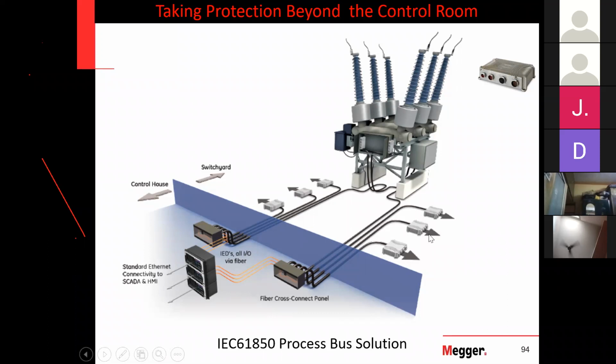This merging unit converts analog to digital form. And what you see here is not copper cable. This is hard fiber, military standard armored fiber optic cable. That's why it is called a hard fiber system. So from every bay, we have multiple merging units connecting all the information to these cross connect panels. From there, it is connected to the numerical relay, BCUs. From the BCU, we can still operate the entire system.